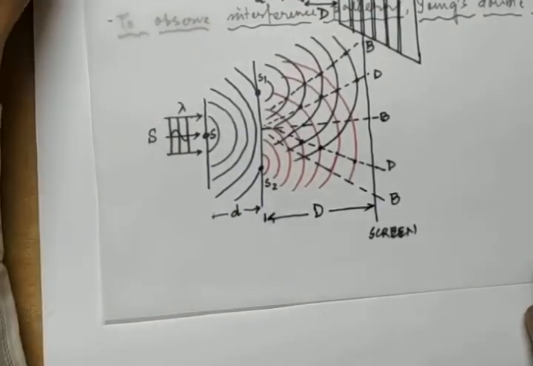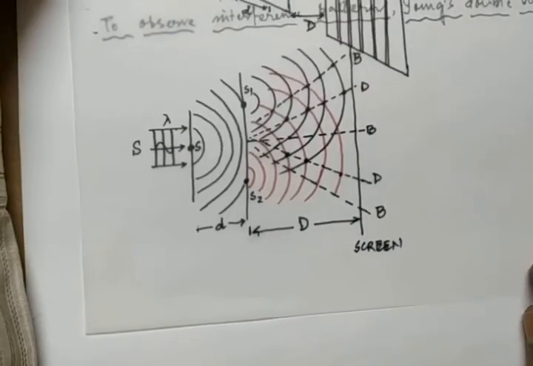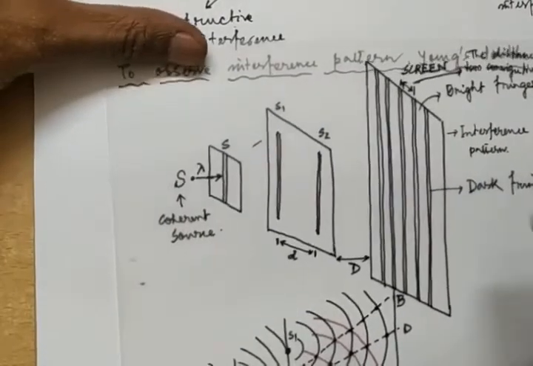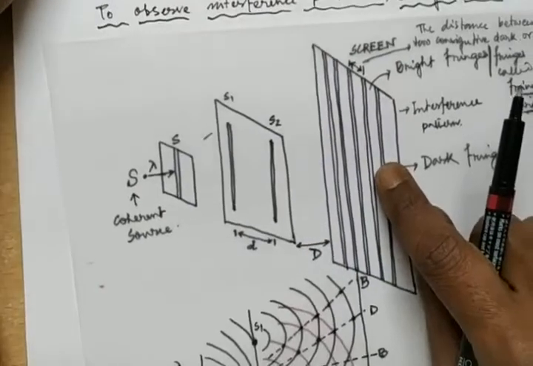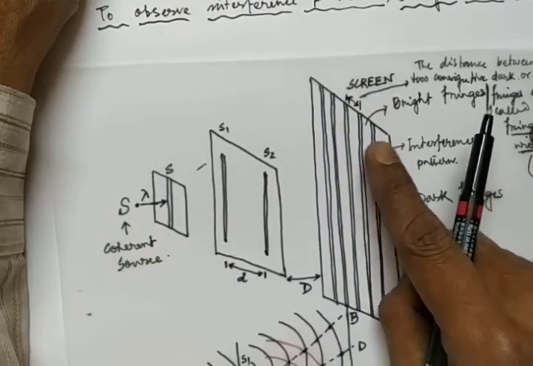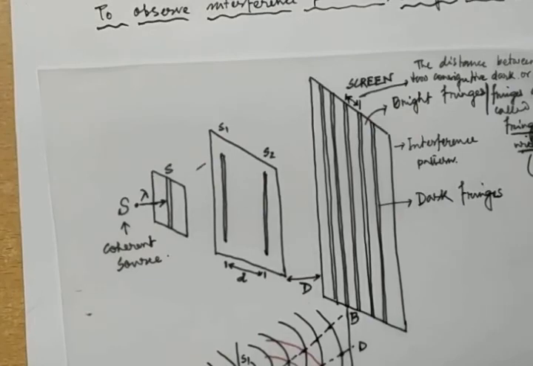Okay, so remember this is called the experimental arrangement of Young's double slit experiment, and the thing which is obtained on the screen is called the interference pattern. The white spots are called bright fringes, and dark spots are called dark fringes. The distance between two fringes is called fringe width, and it is denoted by beta. Okay, so